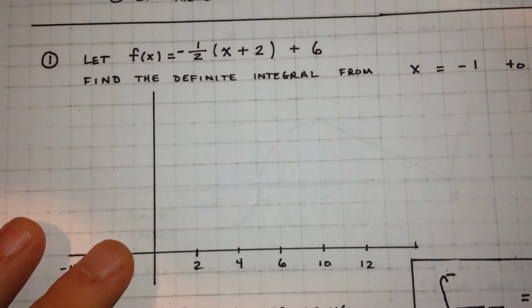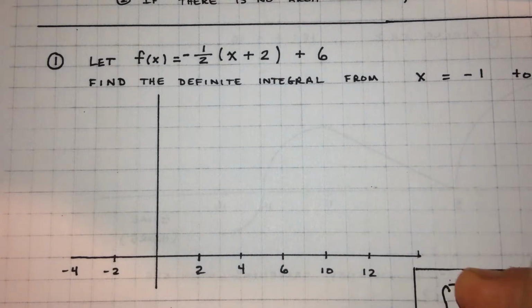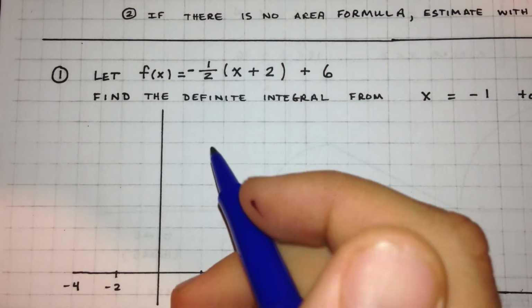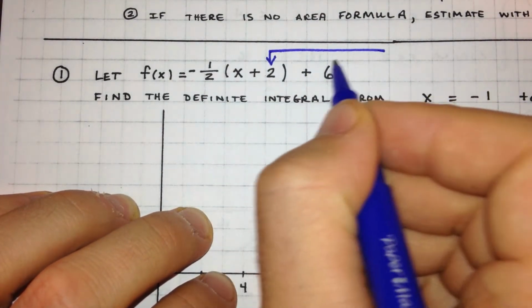Now we're going to talk about some labor-saving devices. Suppose we want to find the definite integral from -1 to 5 of this function right here. First, I would hope that you can look at this function and immediately recognize that